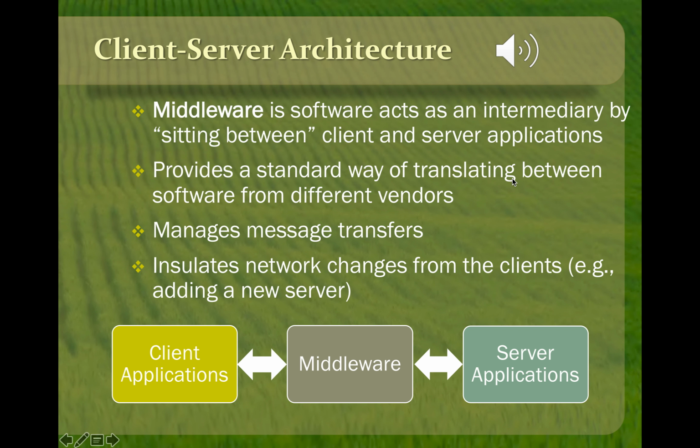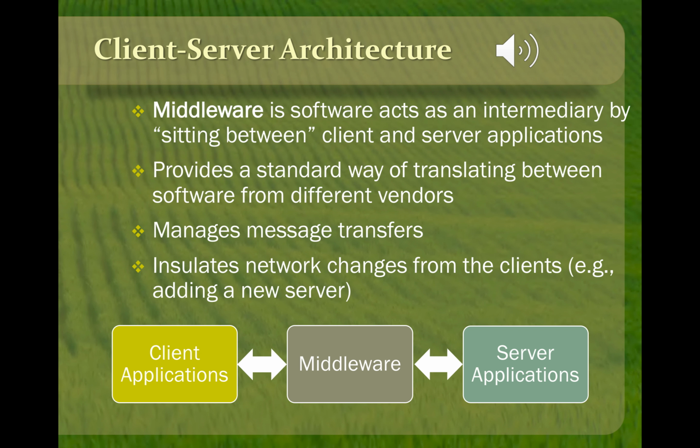Okay, so we couldn't have a client-server architecture discussion without going a little further into the concept of middleware. Middleware is software that acts as an intermediary by sitting between the client and server applications. A lot of times, different types of software, especially proprietary software, don't communicate well together. In such cases, a bridge or a connection program is needed to allow communication and allow data to be transferred between the client and the server